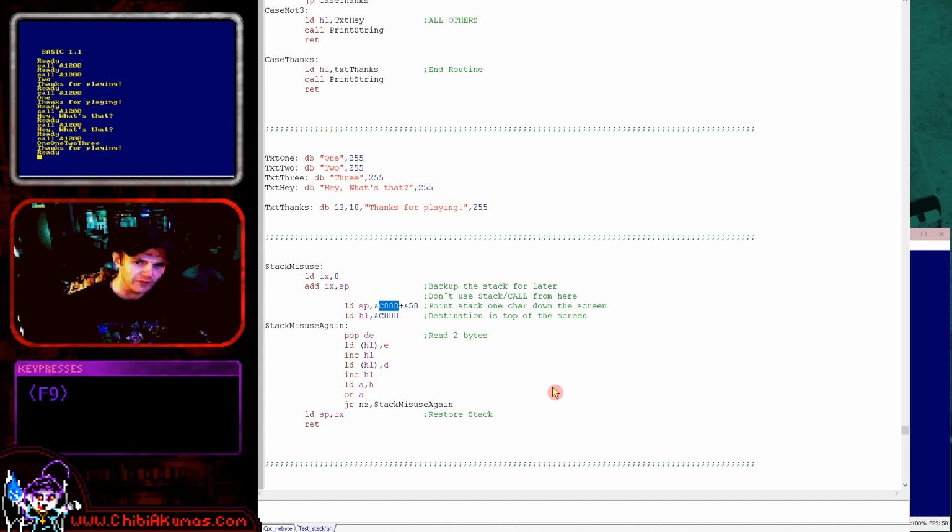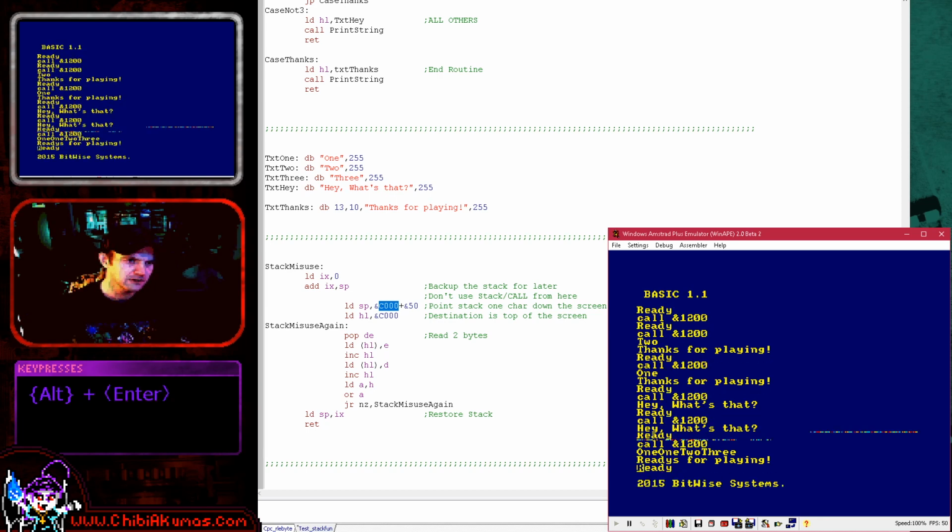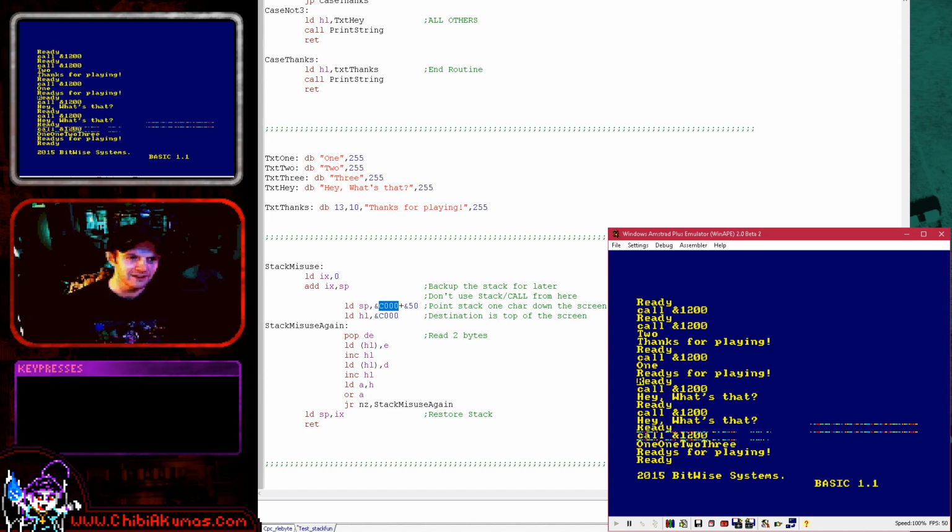and then we are just copying along. So if I compile this, and if we go to our screen here, and if you watch carefully, and I do call, well actually let's move up because otherwise we'll get a scroll. So if I do call 1200 here, you can see the entire screen moved up a bit and some corruption has come, which is the bottom usually not visible area of the screen. And if I just do that again, you can see we've moved up again, and so on and so forth. So as I say, the point isn't moving the screen around. The point is that that happened very quickly, and we have moved a very large amount of data there, and